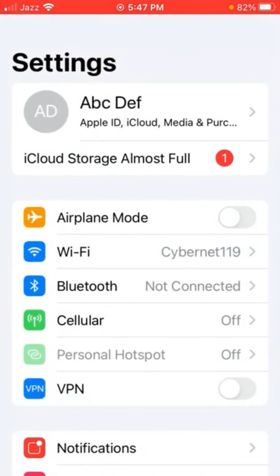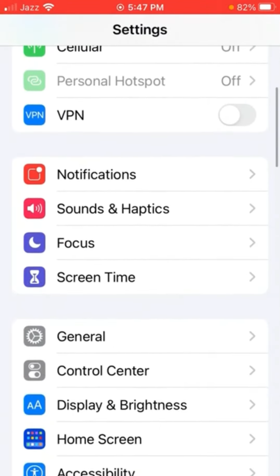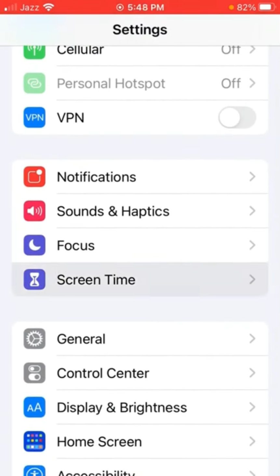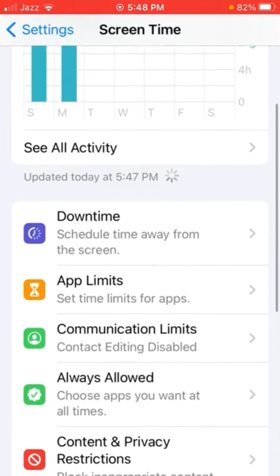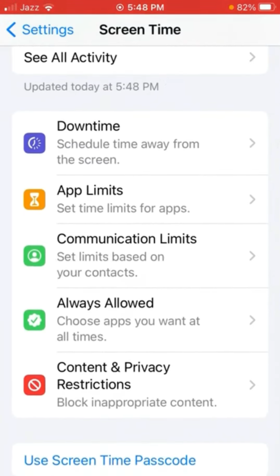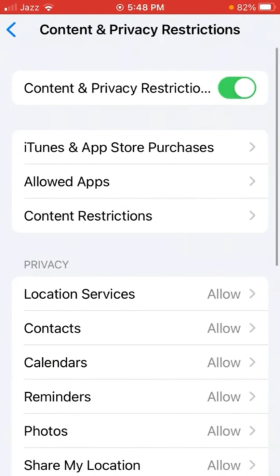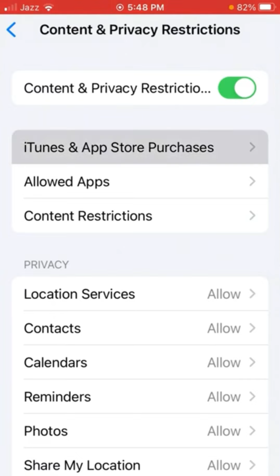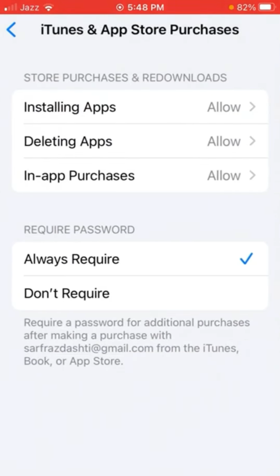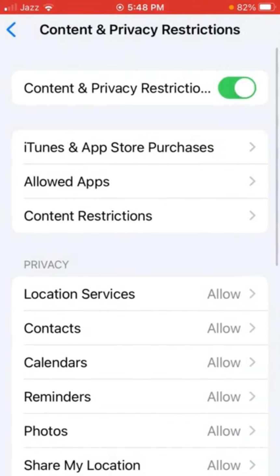and then again go back to your home screen and open up settings app on your device here and then scroll it down and tap here on screen time, and then again scroll it down and tap here on content and privacy restrictions, and then tap here on iTunes and App Store purchases, and here is the required password. Always required and don't require, so tap on don't require